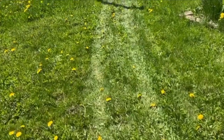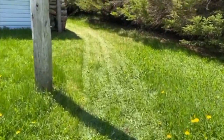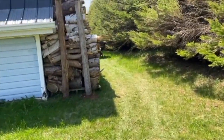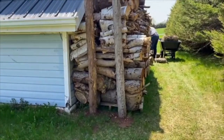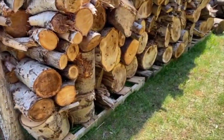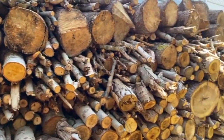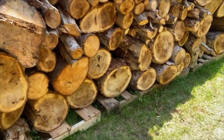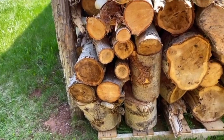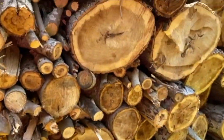You can see Fred's trips back and forth with the wheelbarrow. So he just took the last load from the barn, and this is where it is. So he's been stacking it. A lot of this, of course, still has to be split. We have quite a few smaller ones in there that we'll use for the beginning of the season. But all these big guys, that's going to be our hopeful investment in the fall, a wood splitter,